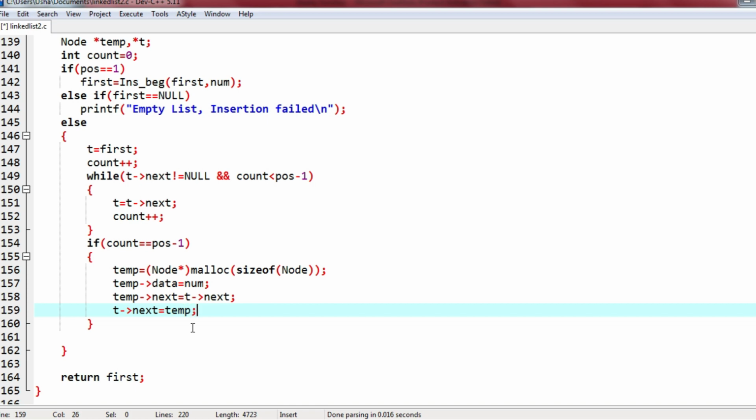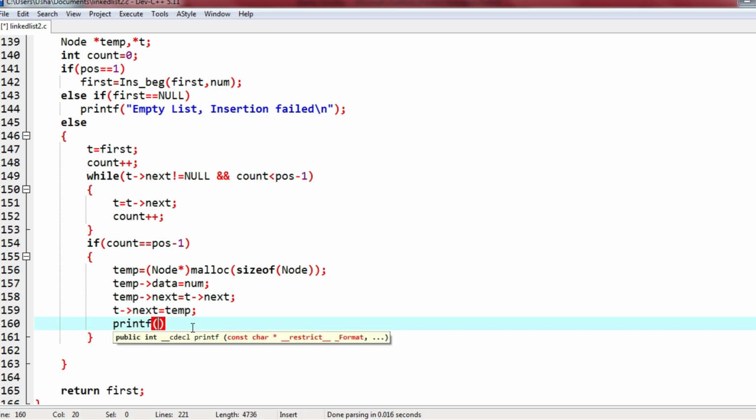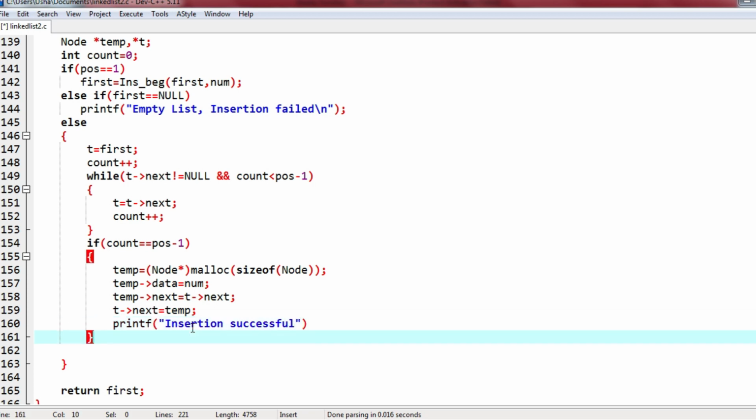So now the next pointer of the 4th node is pointing to the newly created node. That's it. This ensures that the element is inserted. Once that is done, we will write a printf statement saying insertion successful, or insertion done, whatever you want you can write.